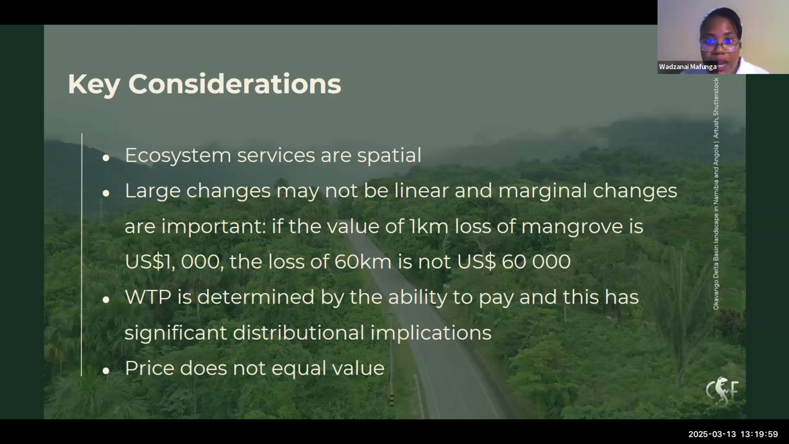And then lastly, price does not equal value. Just because something has no price, it does not mean that that particular thing is not valuable. So if a wetland has no assigned value, we can drain it and build houses on it. But in reality, a wetland prevents flooding, it purifies water, it supports fisheries, and without valuation, these services may not